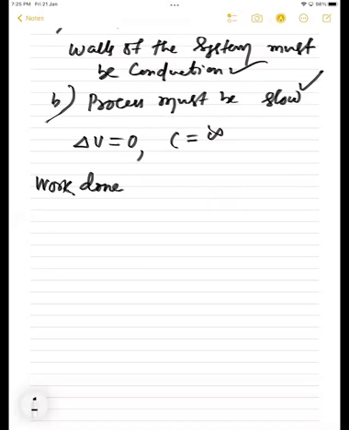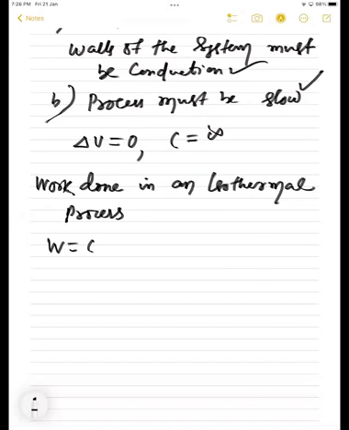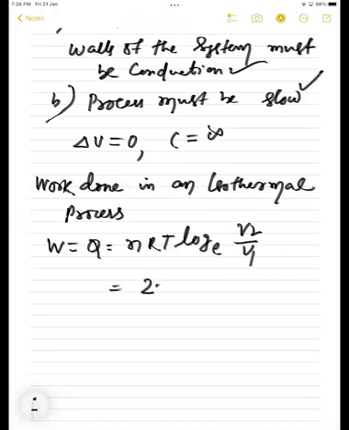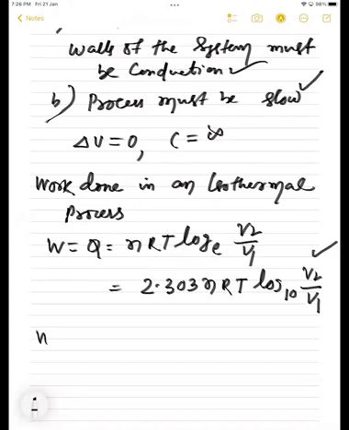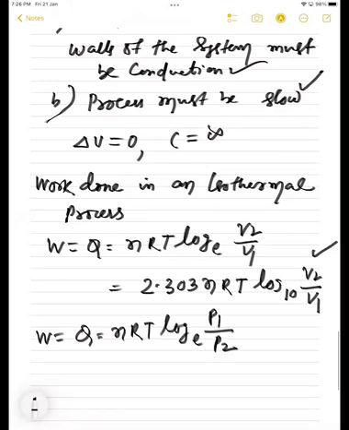Work done in an isothermal process, students. W is equal to how much? W is equal to Q, that is equal to nRT log base e V2 by V1. We can derive this one later. That is 2.303 nRT log base 10 V2 by V1. This can be a formula. Also, we can take W is equal to Q, that is nRT log base e P1 by P2 at constant temperature,